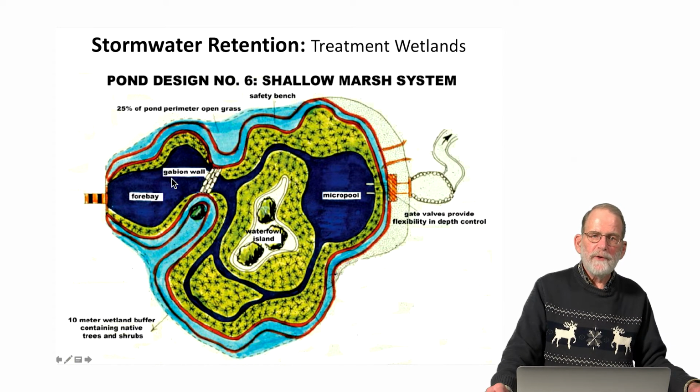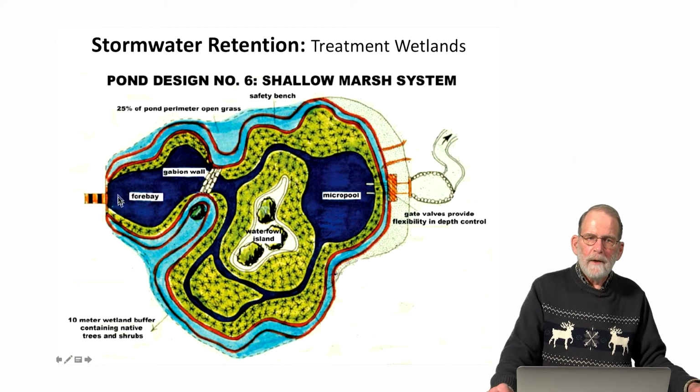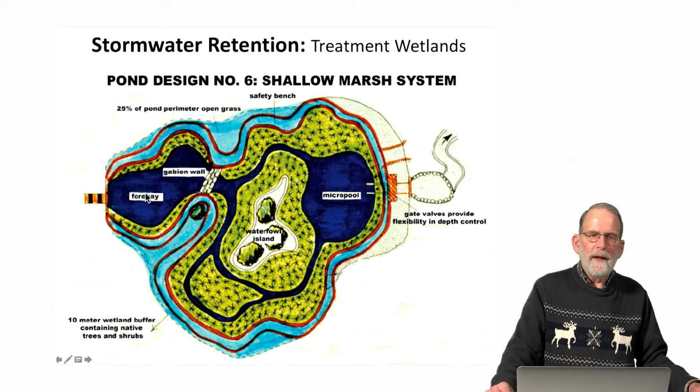So the way this system works, this is what's called a three-cell system, where we have the so-called forebay, the area on the left-hand side of the image. The forebay is where all of the water in this wetland system comes in from the adjacent neighborhood. The forebay acts as a sediment trap. That is to say, the runoff comes into the wetland system, and sediment drops out of the runoff into the